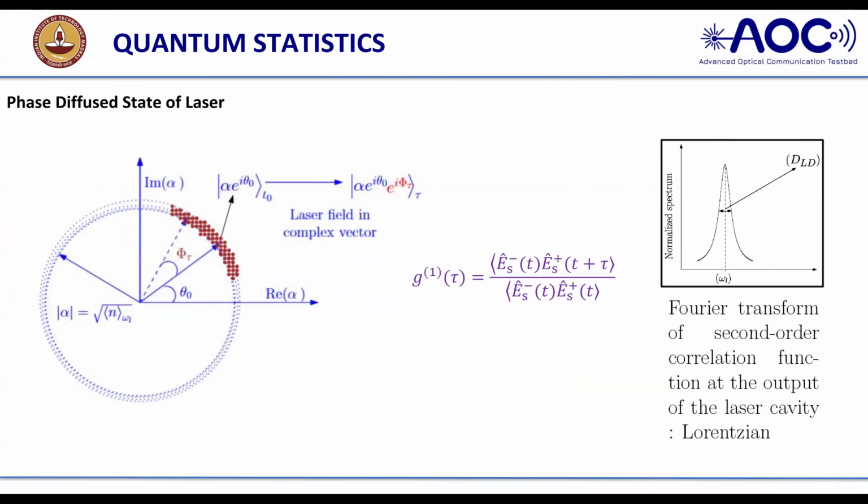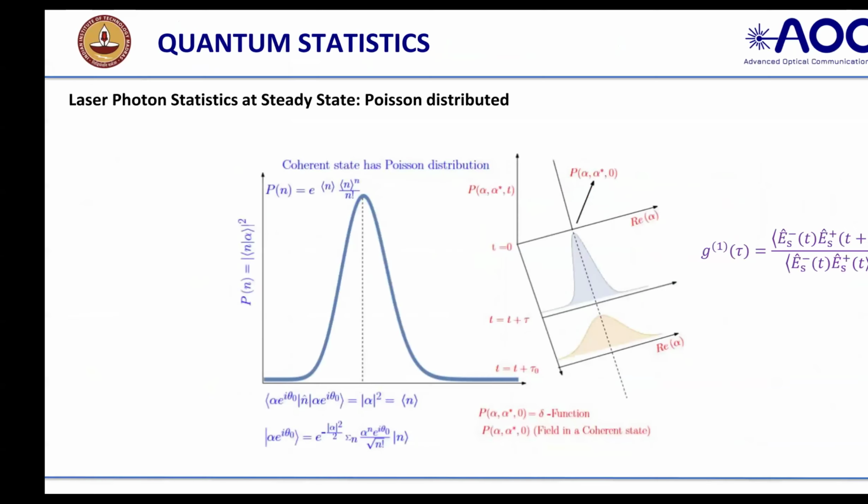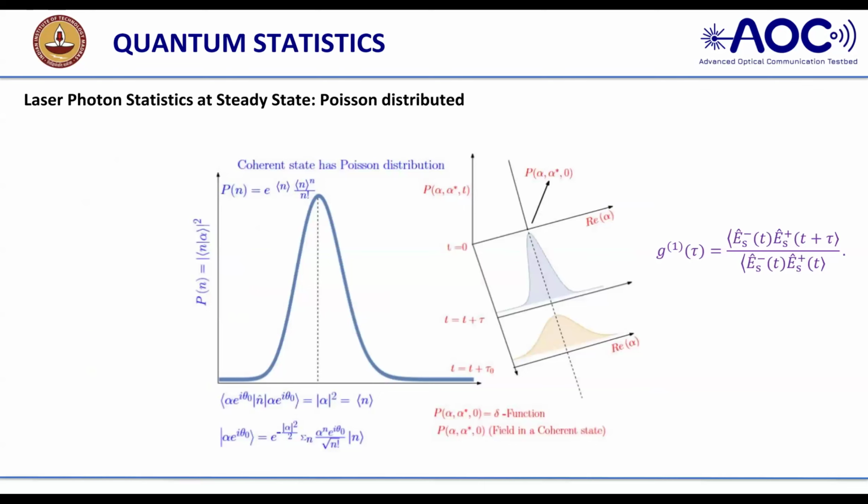So once you understand that, let's explain by this. If you have the laser source, I have written in Glauber notation P of alpha, alpha conjugate. It is a Dirac notation. You can see the Dirac delta function. If you say ideal laser, I will have a straight line with time t. I'm plotting with respect to time t. If time t equals 0, when the laser is in a very ideal condition, it is alpha, alpha conjugate.